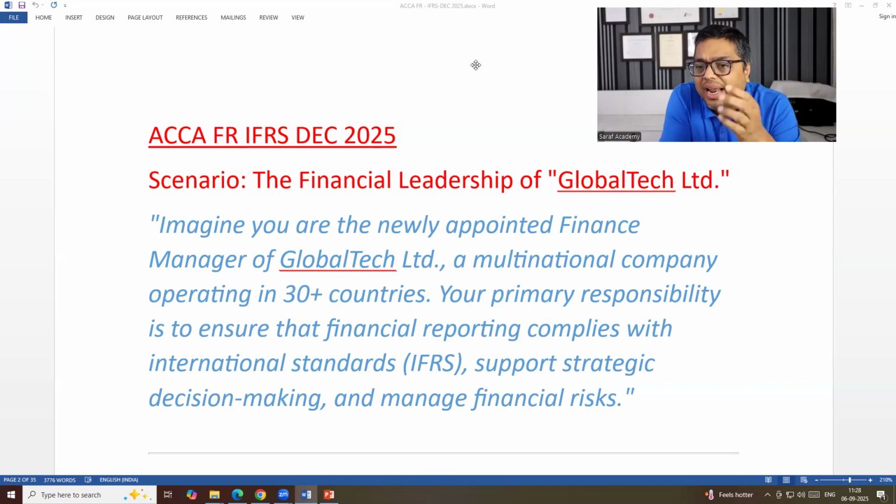For FR and IFRS students also, there are questions which are based on logic. Every question is not preparing a PL account and balance sheet. Every question in FR is not finding out figures, some are writing the logic. So the questions which are there in CIMA exams, that same type of question is also there in Diploma IFRS and FR exams. But the CIMA exam will not be based on calculation, finding the correct figures and all that. Giving the logic for the correct treatment is more.